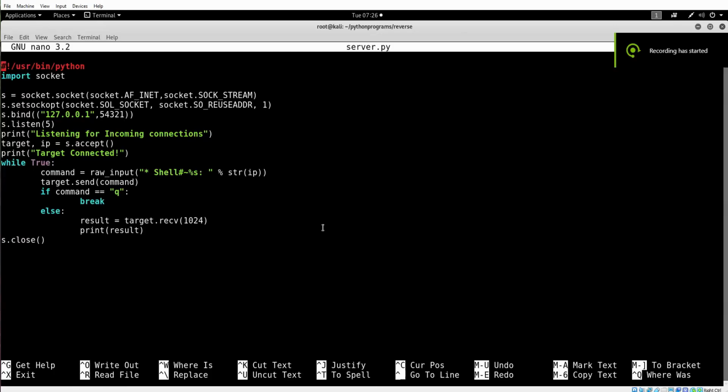Hello everybody and welcome back, and now let us continue on fixing our reverse shell and server code. So we will start off with server. As I said, we will fix this code a little bit, add some functions here and there, and we will